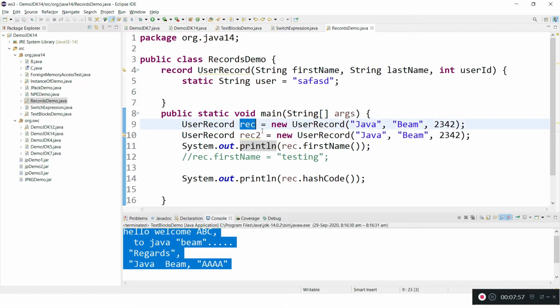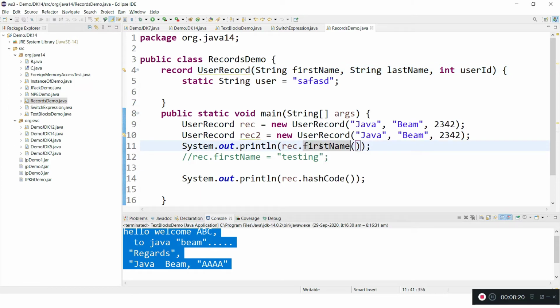Whatever data we are passing is similar to other class creation or object creation, the same thing we pass in a record. So this will be passed to a constructor and the value will be stored here. And to read the data we can use a method signature like the variable name.